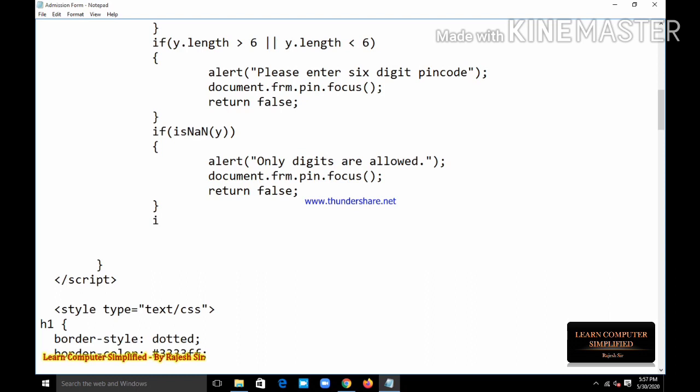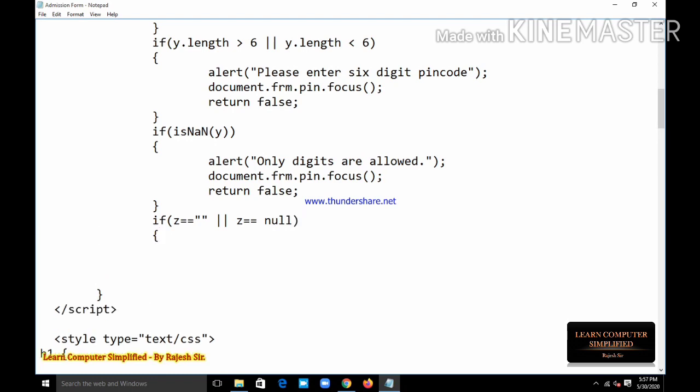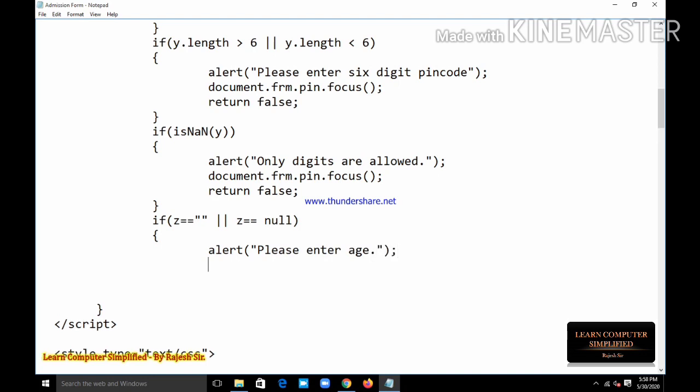So if z == blank or z == null, alert "please enter age". Again document.frm.age.focus, return false.